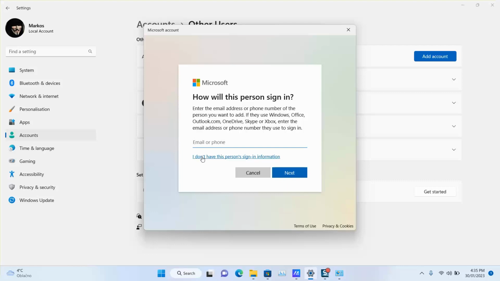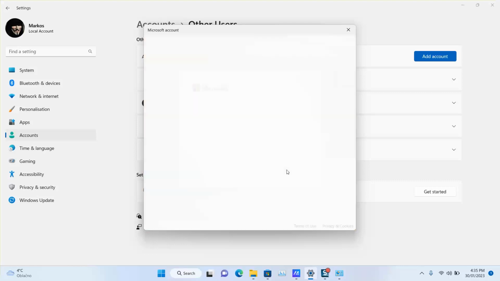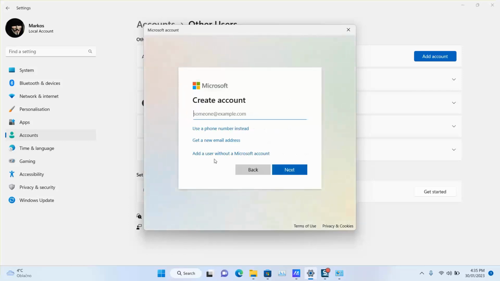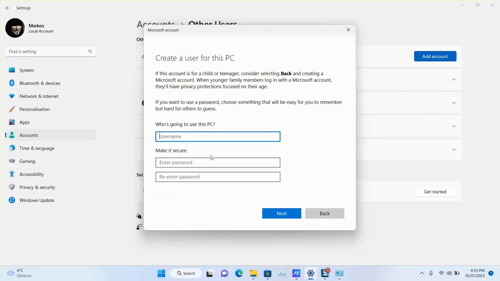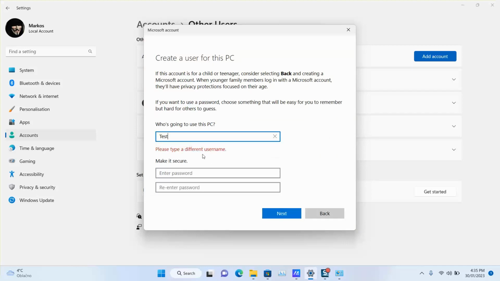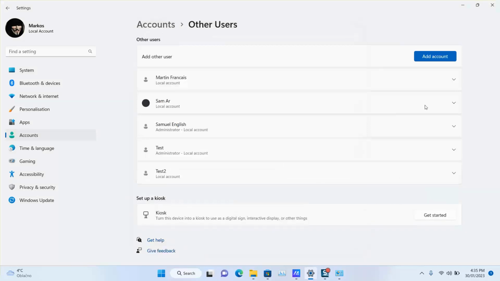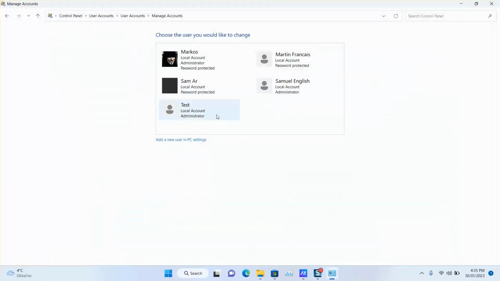So I don't have this person's information, and we're going to click this way, add a user without Microsoft account. This should not have any impact on you, but it will solve the problem. So we're going to name it test, next, with the password, and we'll go back to our control panel,